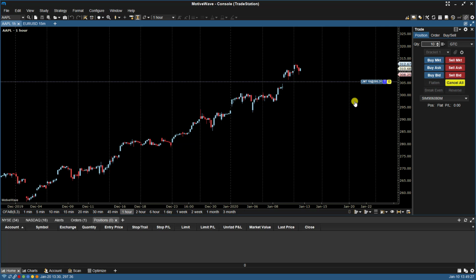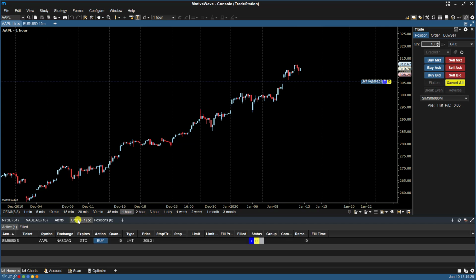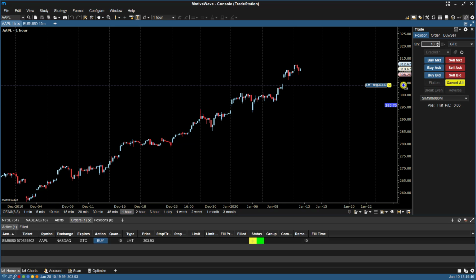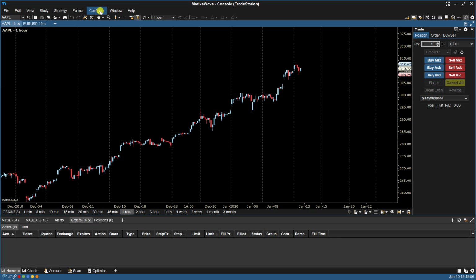With the single click, you'll notice that the order has been placed on the chart but has not been transmitted. We would have to click on the T to transmit the order. So in this case, let's just click on D to discard. Now for auto submit, if we double click, you'll notice that there's no T. It's already been submitted. Okay, so let's click C to cancel. Now let's go back,